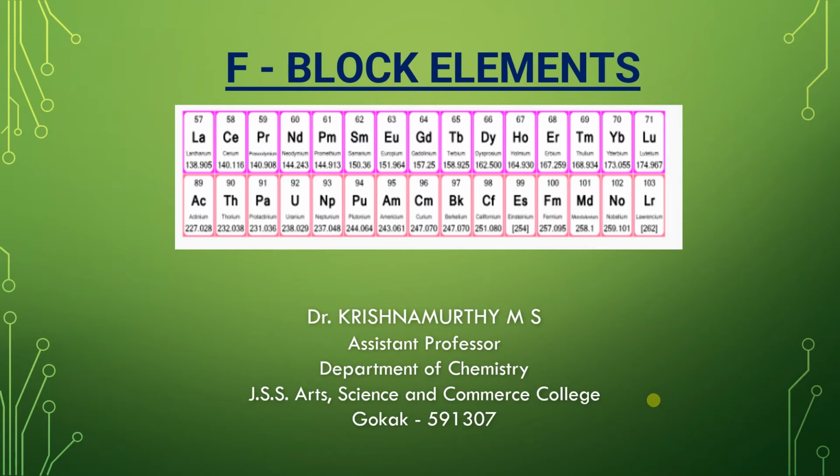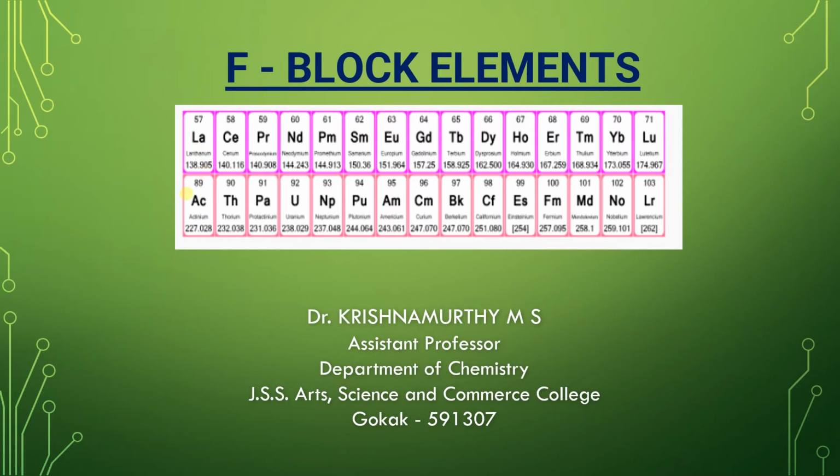Last class we discussed lanthanides. Today, we are going to study the actinide series, actinides. As we know, in f block elements, there are two series, the lanthanide series and the actinide series. A set of 14 elements, that is cerium to lutetium, atomic number 58 to 71, comes after lanthanum in the sixth period of the periodic table and is called lanthanides.